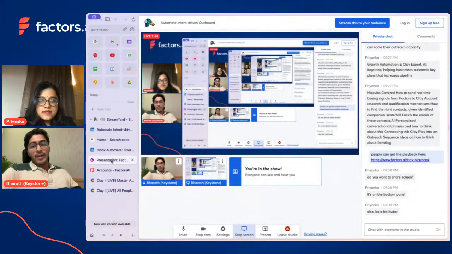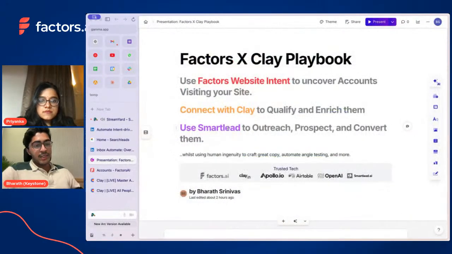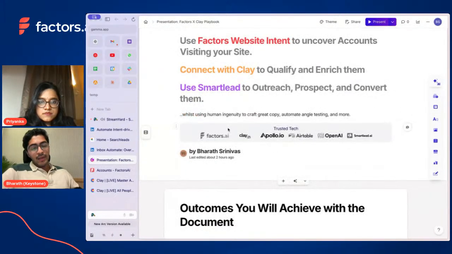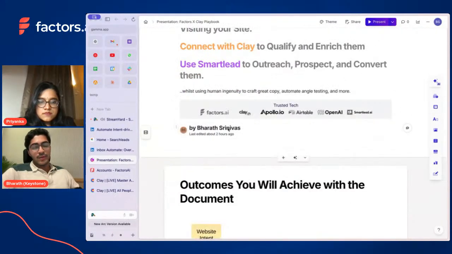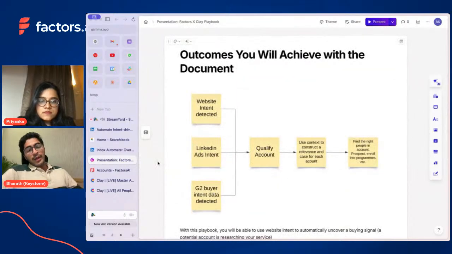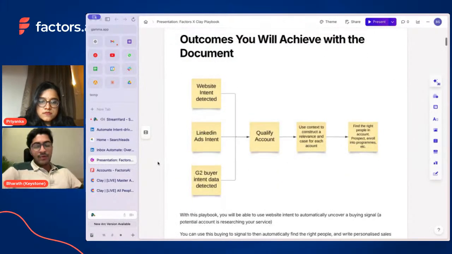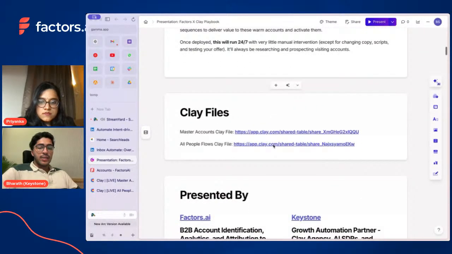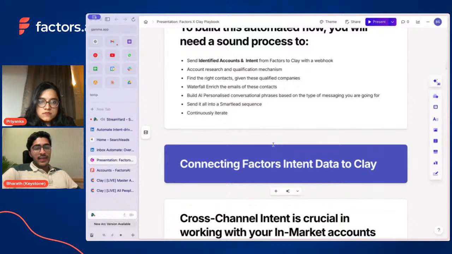Cool. Awesome. So for a lot of this conversation, I'll reference this playbook document that we've put together. We'll be giving this away, and you can take this at the end of the call. But the core outcome that we're trying to see here is how can we pick up these signals, put them through a very specific playbook, and in order to do that, it takes a set of steps.